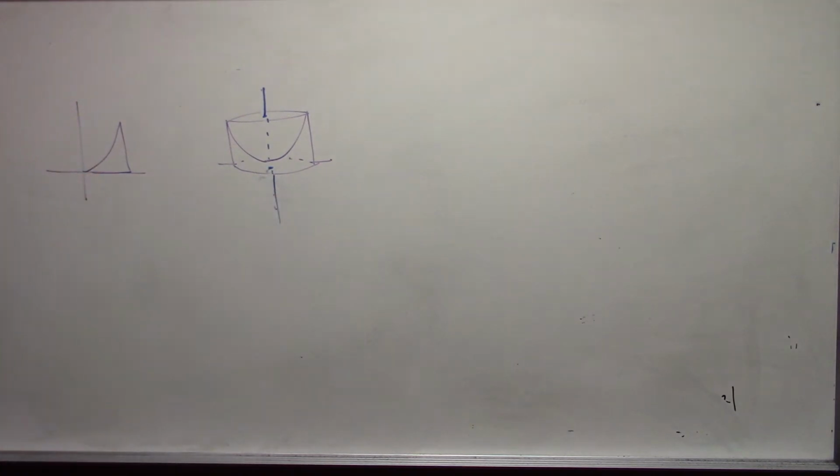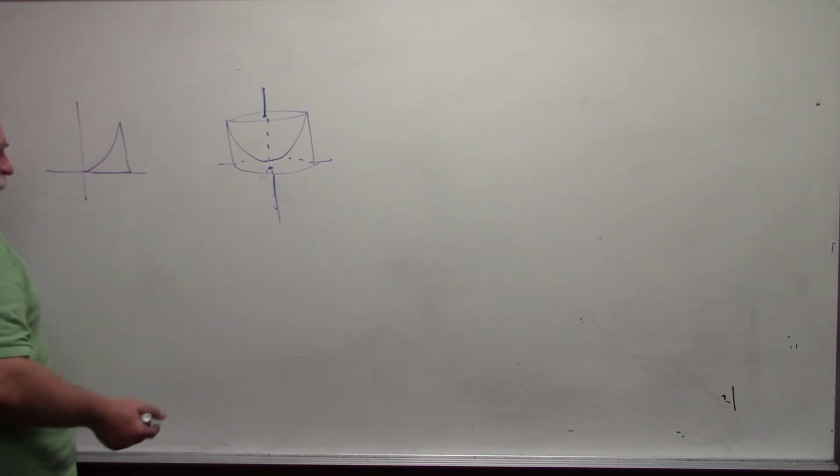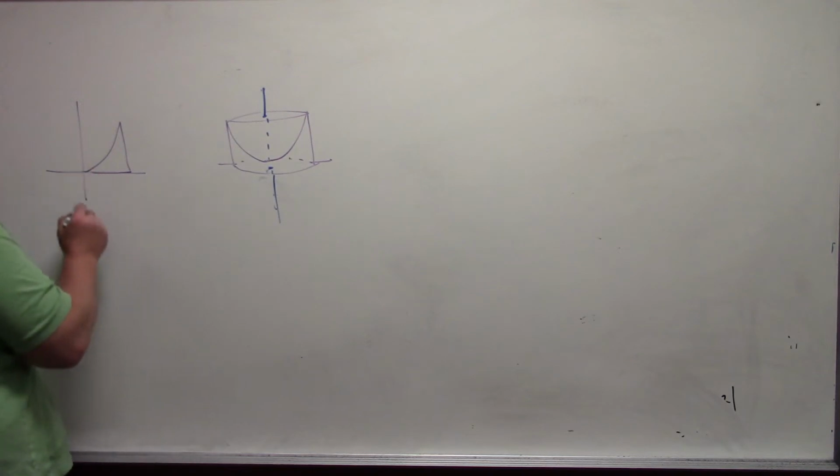And in this case, if I take my rectangle that gets rotated and make it perpendicular